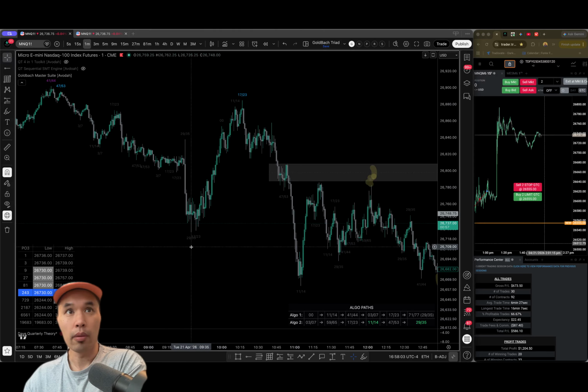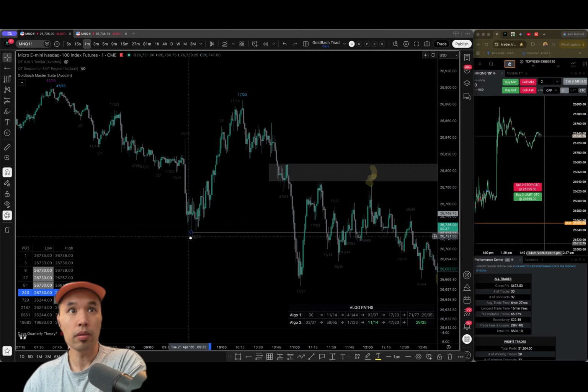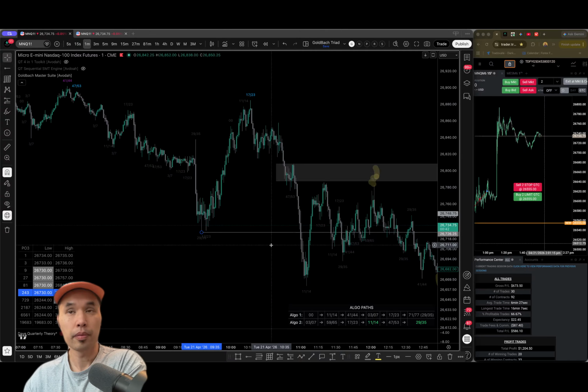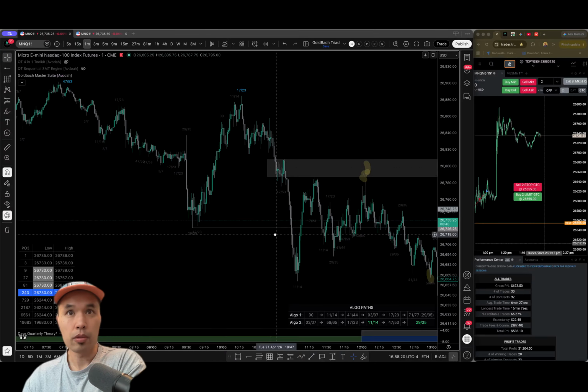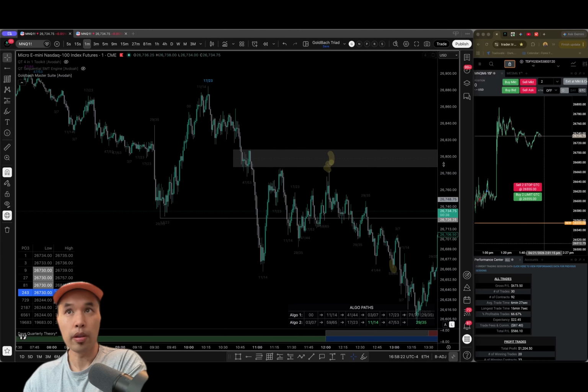935. Now we're going to reverse the path and go back to 1723. Boom, 1723. So once we sweep this low, the end path low, and create some BISIs or some structural shifts, then we know that we're bearish for the day. So